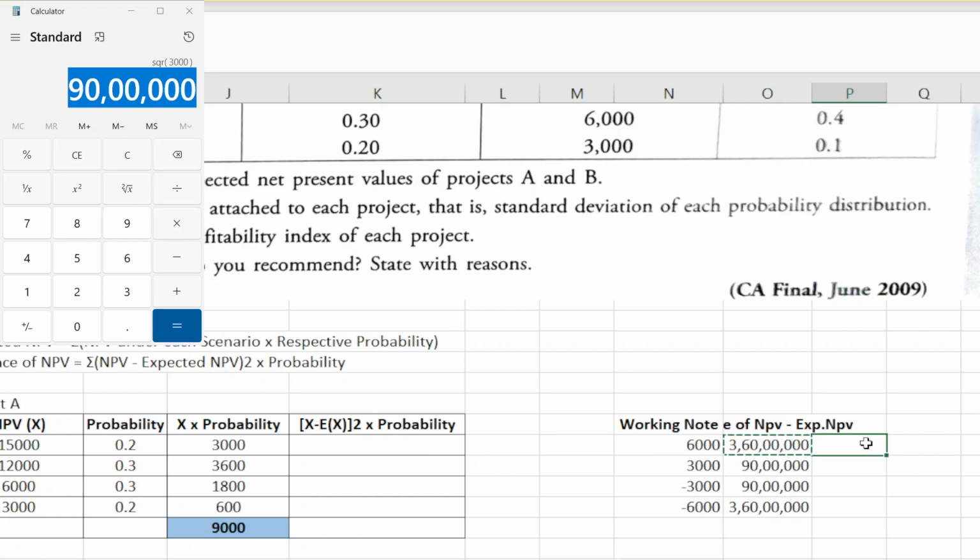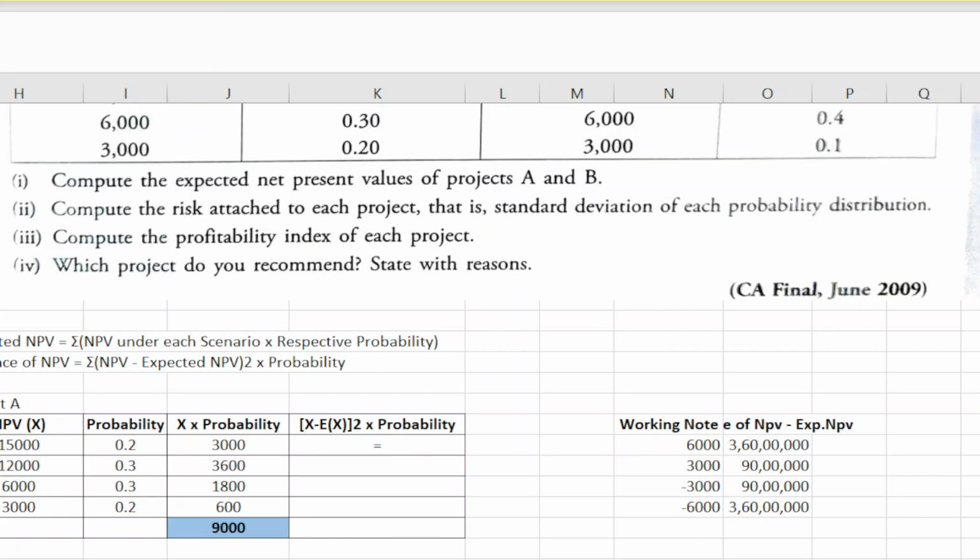Now what I need to do? I need to multiply this value with the probability. Look at the calculation now. Hope you can see this. 3 crore 60 lakh multiplied with the probability value. Correct? 72 lakhs. Next, 90 lakhs multiplied with,